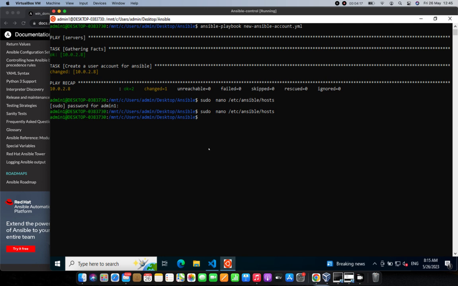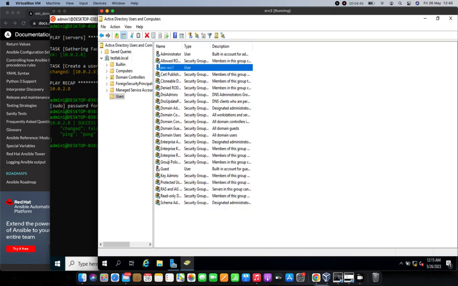All right, so let's do a quick check by doing a ping. And this time we will pass the domain group with an -m, and we will use the ping module again. Perfect, so that concludes. Now we are able to use a domain user account, which is the ANC-SVC account, to be able to manage our domain